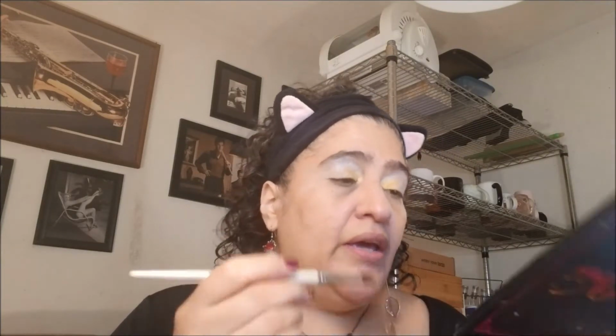Okay, going into that color now. It's a beautiful color too. I'm using the same brush. It's going to draw a little bit of that gold over, but not a lot. Anyway,